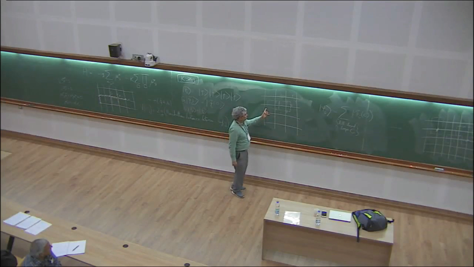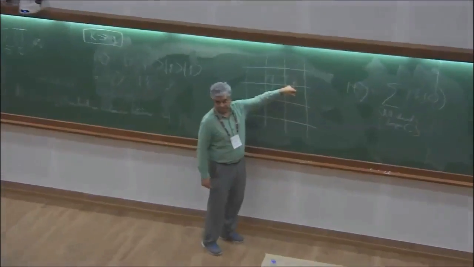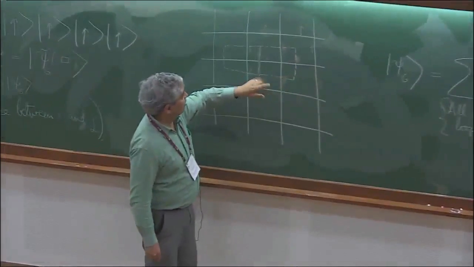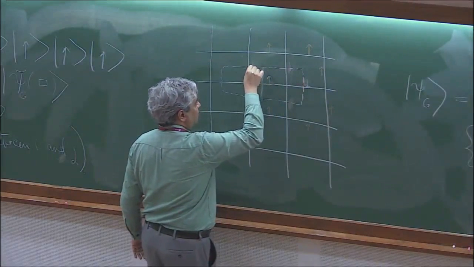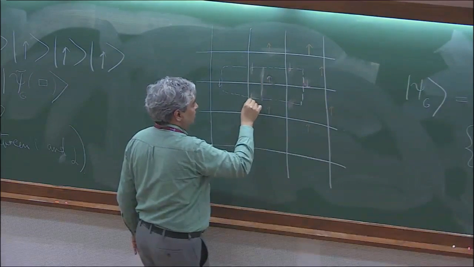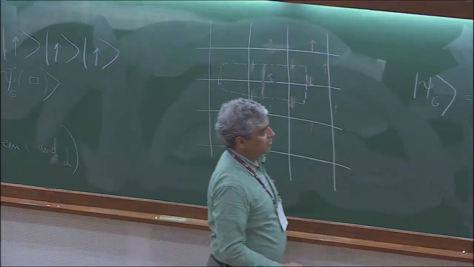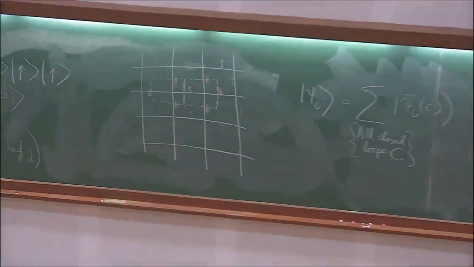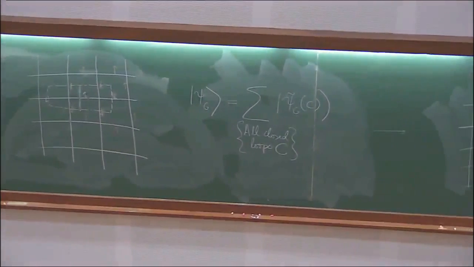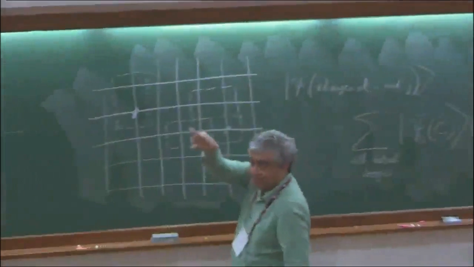Right, so the loops are running on the dual lattice. And every time a link of the loop crosses this line, you flip this thing. That's the rule, okay? So this configuration, this will be up. This will be down, down, down, down, down, down. This will be up. And everything else is up. Okay, and so on. So whenever a loop hits a line, you flip this thing. And that's why when I hit G_I, it either adds a loop or removes a loop, right? Because it flips all the four spins around the site.